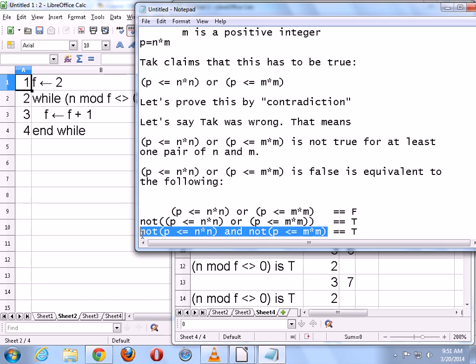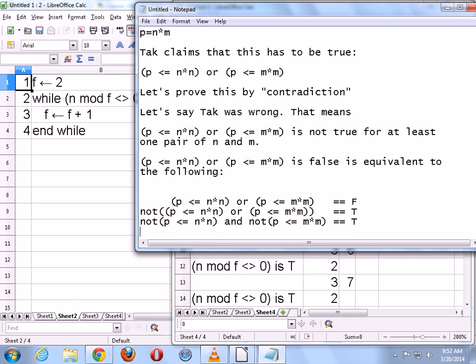So when you look at this column and you look at this column, they have identical values for every single row. That means these two expressions are equivalent as far as Boolean logic is concerned. Is that okay? And this is called DeMorgan's Law. DeMorgan is a logician who came up with this particular theorem. All right, so now that we have proven that, we know how to go from this step here, because this is our A and this is actually our B. It's just that it looks a little more nasty.